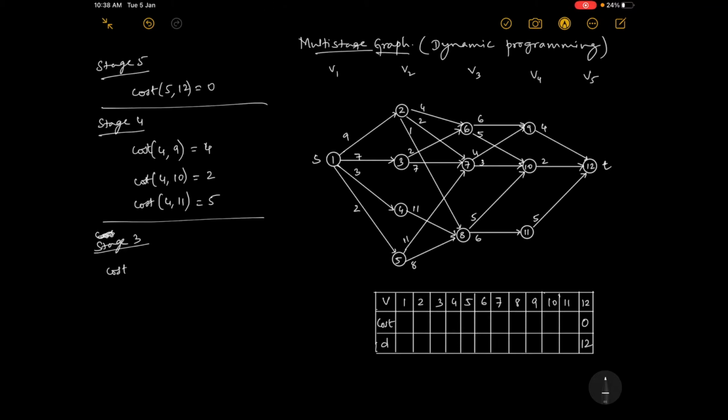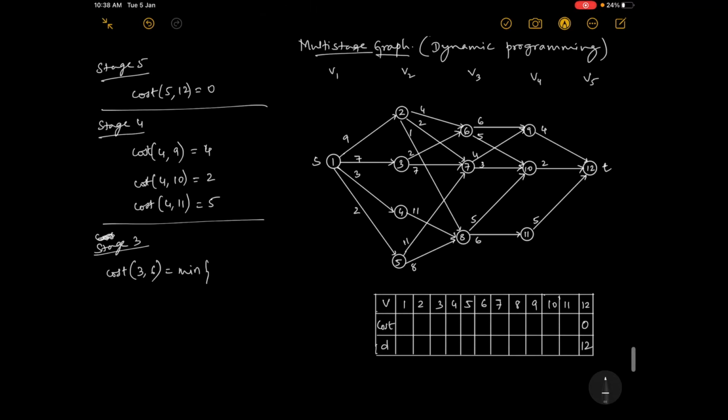See, in stage 3 we have cost of, okay, in stage 3 we have to find cost of 6. So stage 3 vertex 6. Here, see, here we had only one path, but here this vertex has two paths, so you have to select the minimum, correct. So hence the formula is minimum of. Okay, now please see carefully. If you understand this, the whole complete problem, you'll understand how I am going to write it.